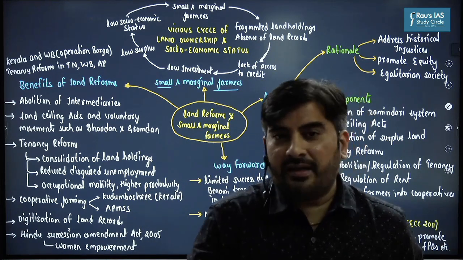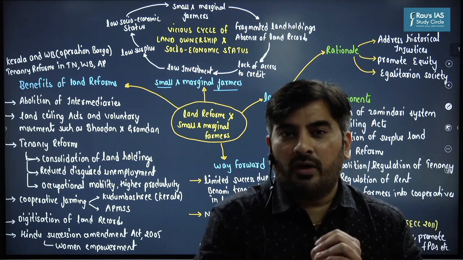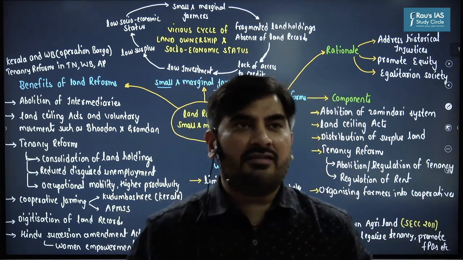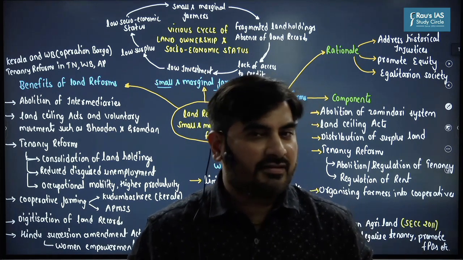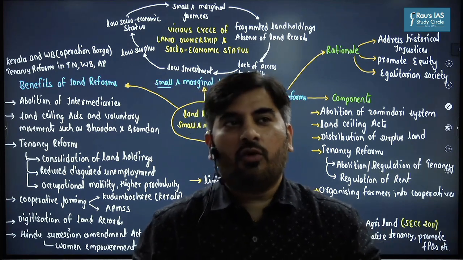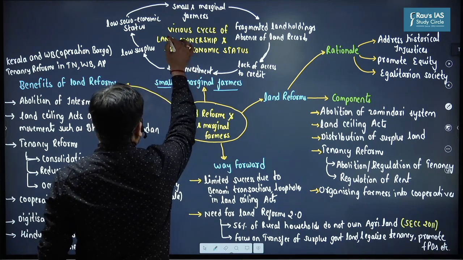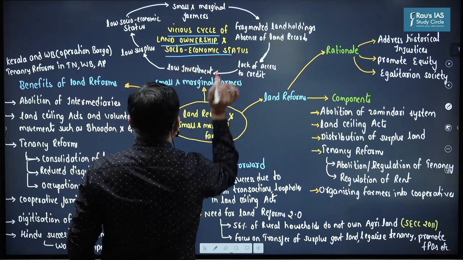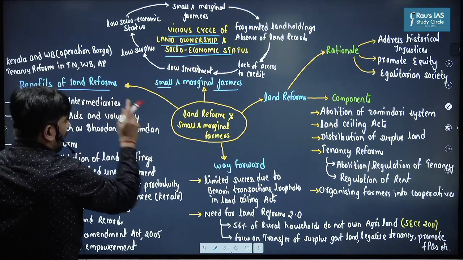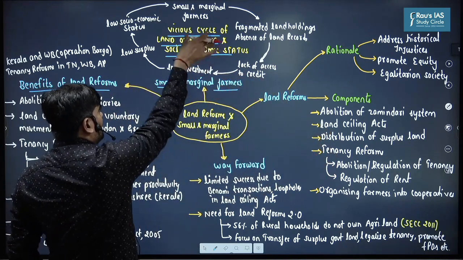If they don't have access to credit, they'll not be able to undertake investment in agriculture. The overall productivity of fragmented land holdings is lower. Marketable surplus is lower. So when they go to sell the agriculture produce in the market, they will be exploited by the traders. They will not get the MSP. And this in turn is leading to the low socio-economic status. So this is the vicious cycle. So what you have to explain, this is the main part, is how these land reforms have enabled the small and marginal farmers to come out of this vicious cycle.